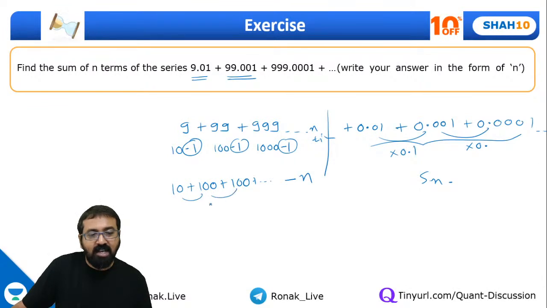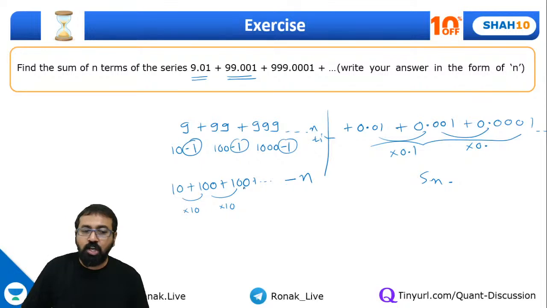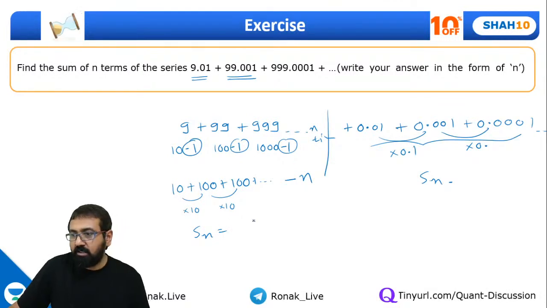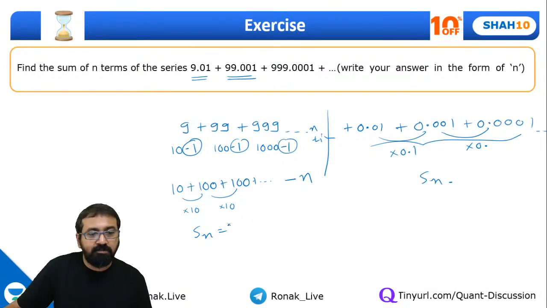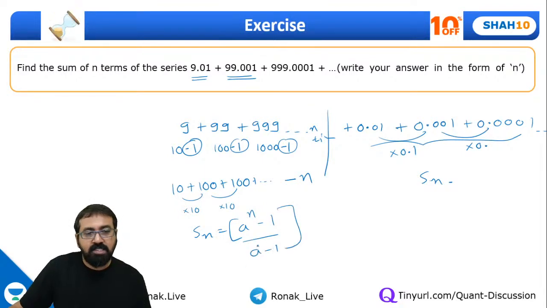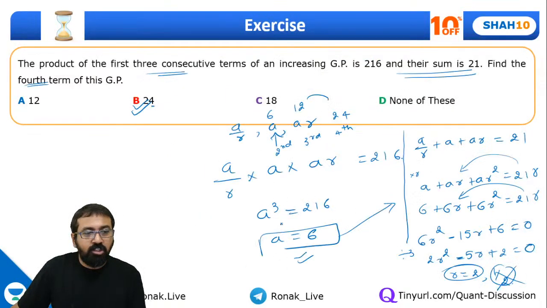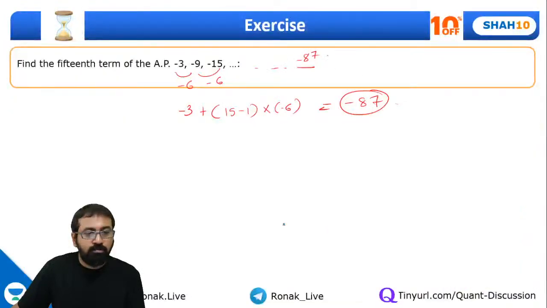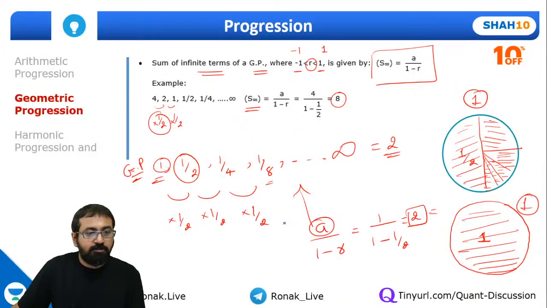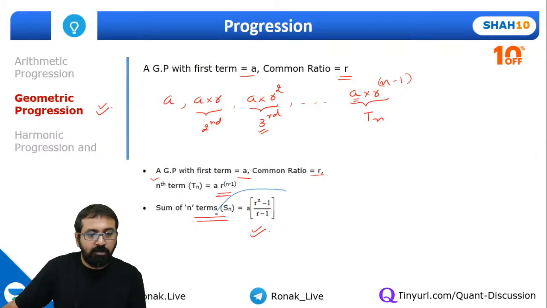Okay. And this is again a GP. It is getting multiplied by 10. Right. So now you got a progression. So sum of n terms of this GP will be, what is the formula of geometric progression? It's a into r raised to n minus 1 upon r minus 1. Isn't that, guys? Are you all clear with the formula? Check all the formulae. You must remember this. Sum of GP. Look at this formula.